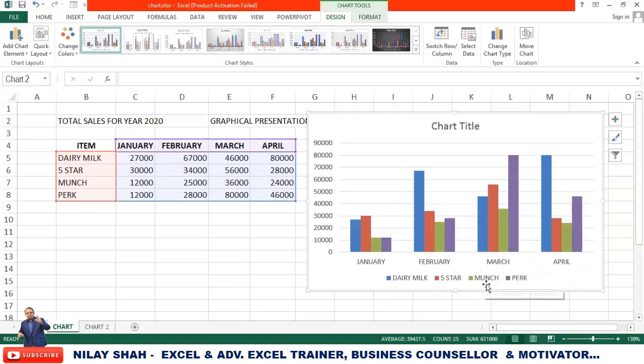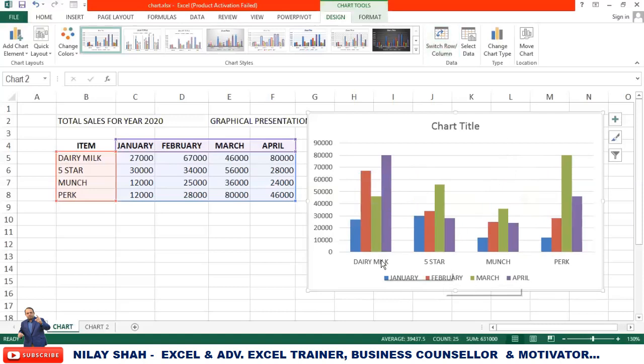Don't remove your chart. You just click on Switch Row and Column. When you click on it, you can see Dairy Milk automatically appears here, and January, February, March, April automatically go down in the legend area. Now you can see your output based on your products: Dairy Milk, Five Star, Munch. So this is considered as Switch Row and Column.